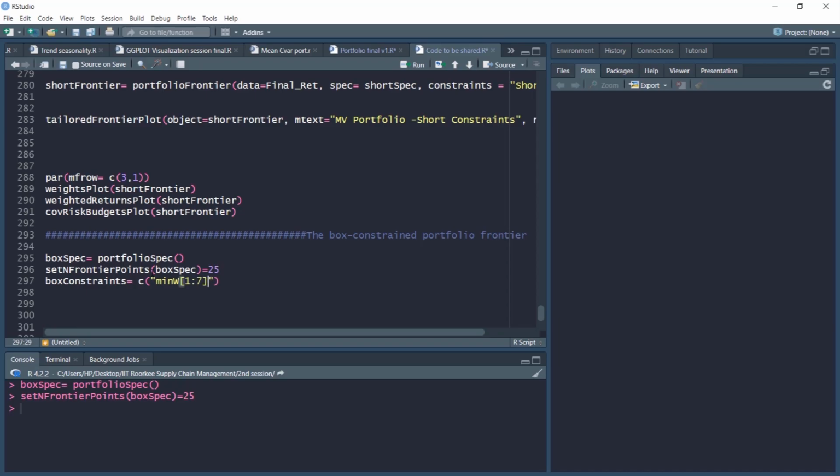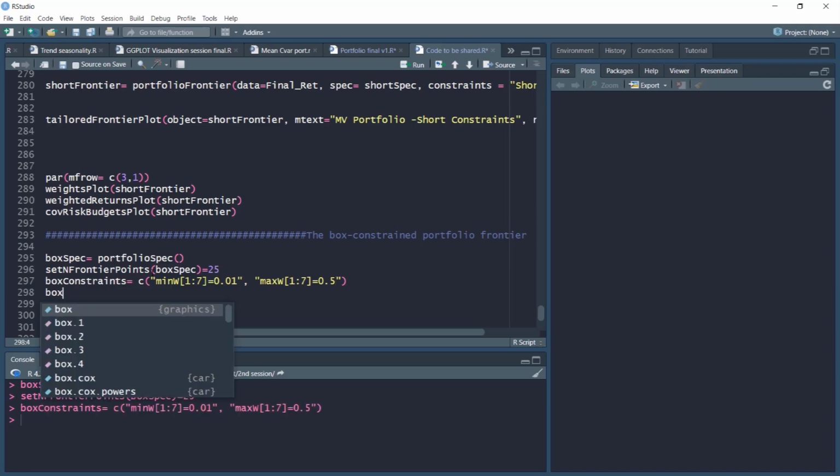Let's put it on all the 7 portfolios equal to 0.01 as minimum constraint, and let's also put the maximum weight constraint for all the 1 to 7 portfolios equal to 0.5. So these are our box constraints.